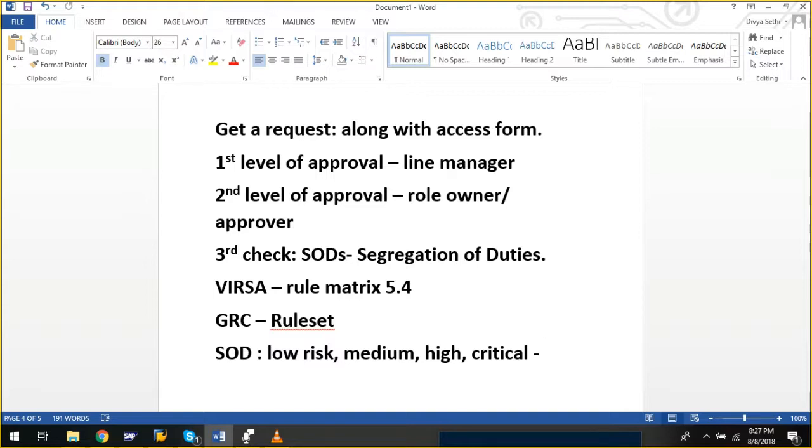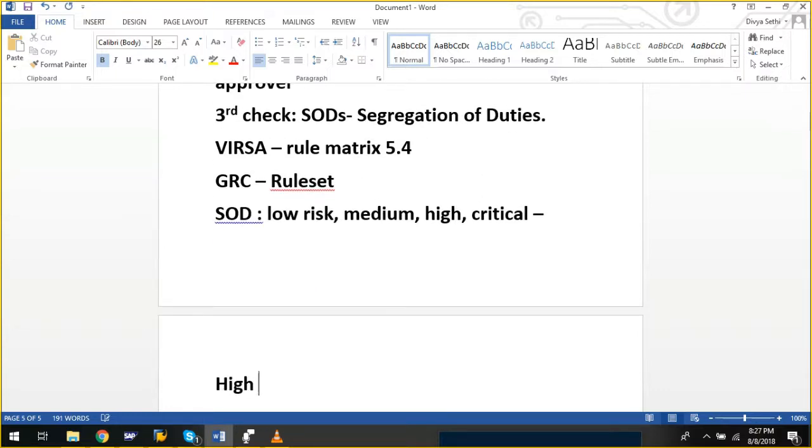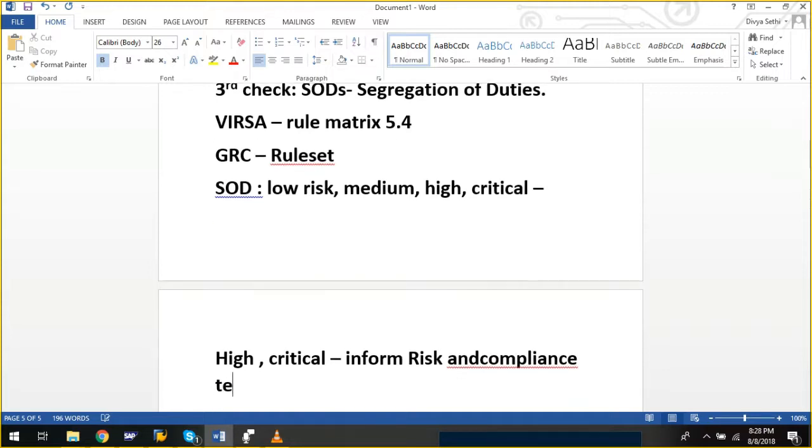When I say put some control in place, मतलब उसके लिए कोई अलग से resources खर्च करने की जरूरत नहीं है। ओके, तो अभी वो उस पर आऊंगा कि क्या रिसोर्सेज खर्च करनी पड़ेंगी। When it comes to high and critical risks, those are highlighted, like उसको हम ऐसे नहीं कि उसको दे देंगे तुरंत। So what we'll do is, for high and critical, we will inform the risk and compliance team,